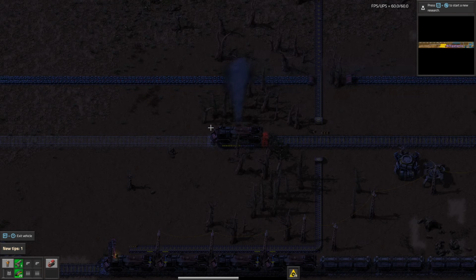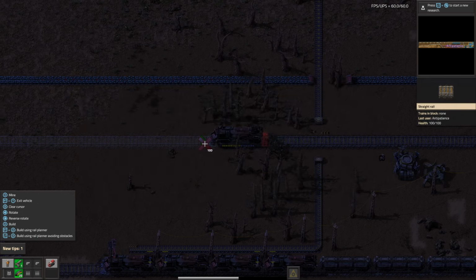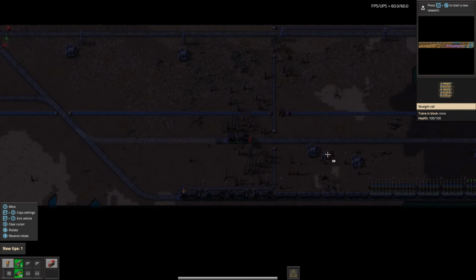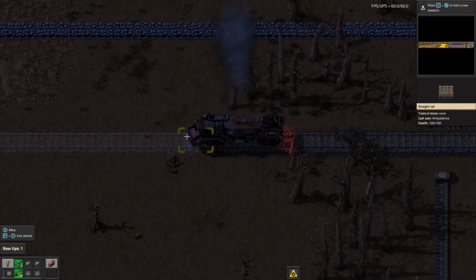Now we'll be... What did I hit? Oh, wait. There's not a track here. Okay. Did it take the... Why isn't that in bot range? What? Oh, it is in bot range. I don't have any rails inside the...